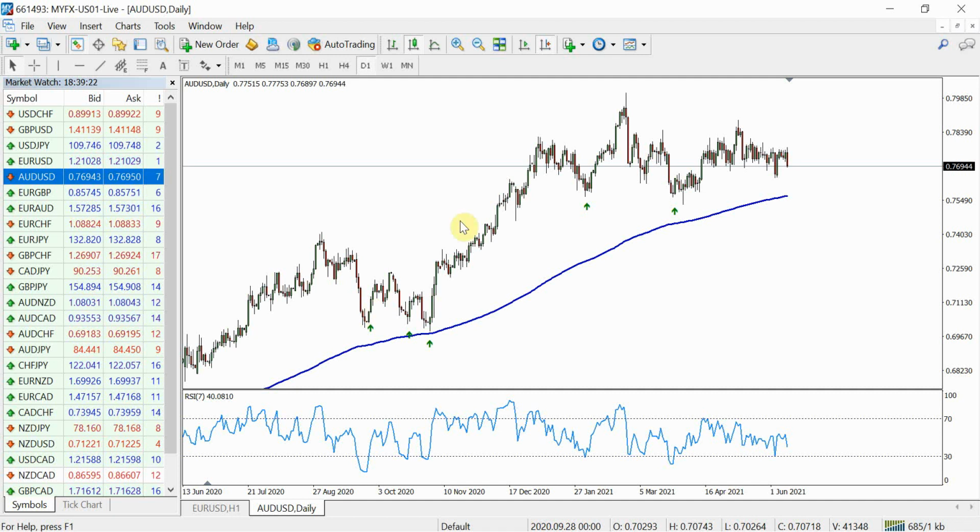And if we look at these two particular examples over here, you see from this pullback up, this would have been a nice move, a nice push up, a pullback there, and you can see that it just gets under 30, and as it comes back out, it gives you that green bar. Then again you'd probably be looking to test and take profits at those highs. And we've got another one over here, but again I'd be using things like divergence at this point, so I would probably take these two trades but risk a lot less, because we've been in this trend now